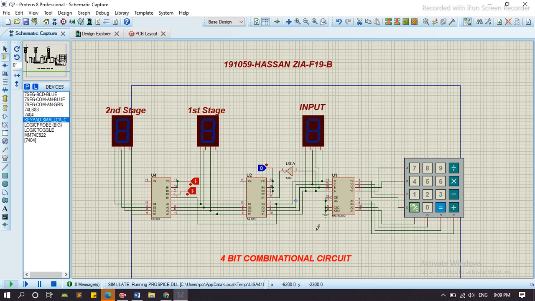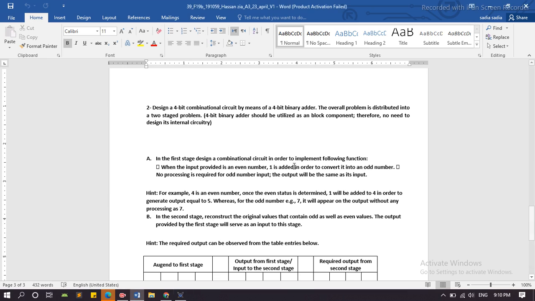By the simulation we can see this, the input is 0, and at stage 1 it shows an odd number, and in stage 2 it restores the input, as given in this.